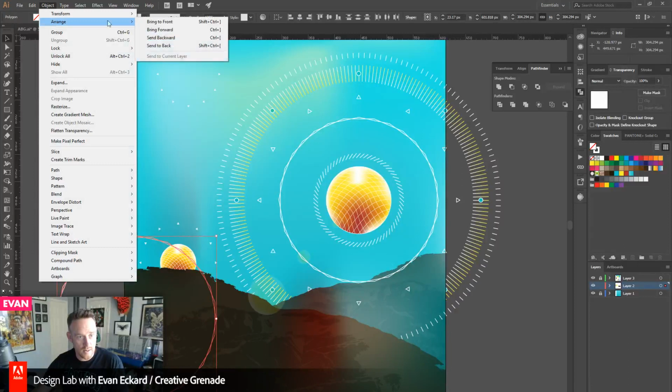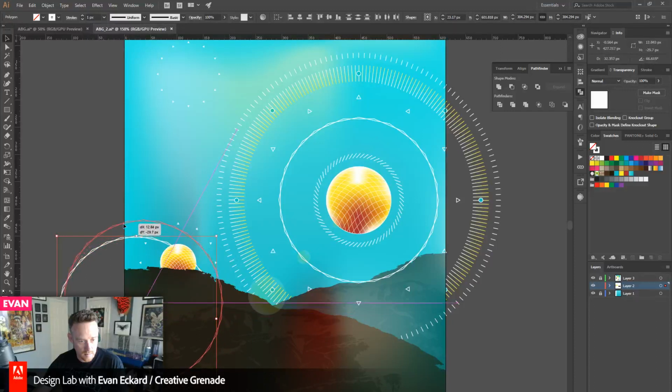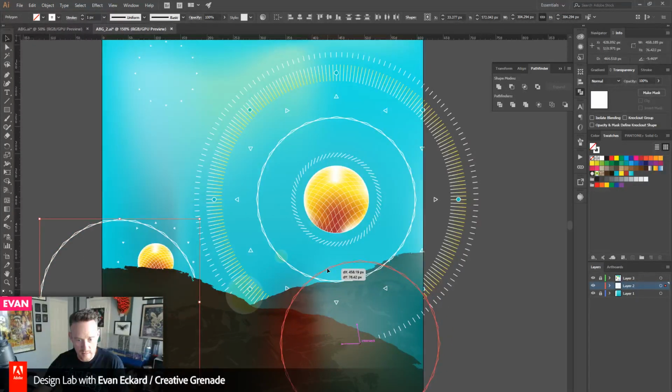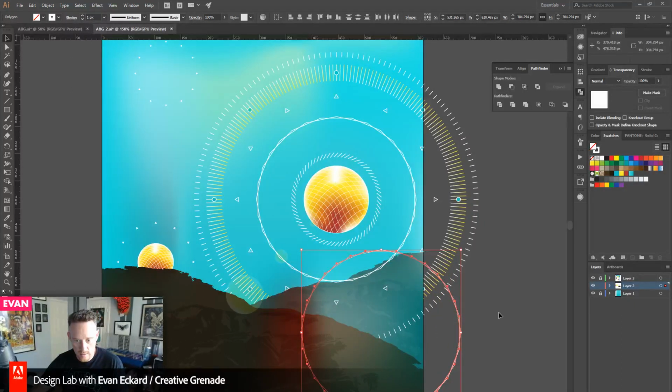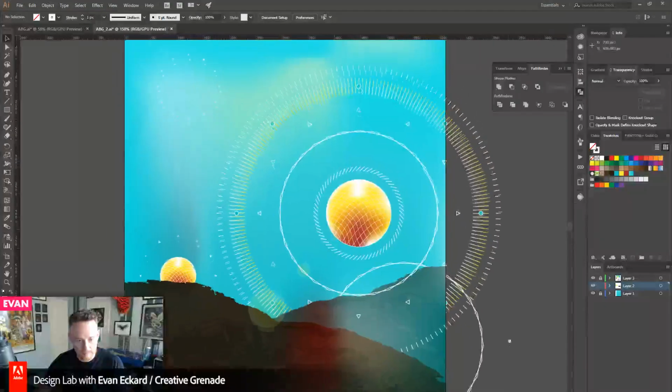See, object arrange, send it back. Let's see. I don't know, I'm just trying to see, maybe there's an interesting overlap we can do here. Okay, so